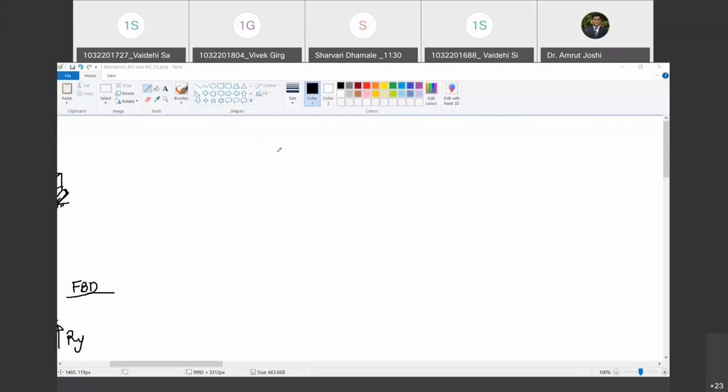In the first part, we have a beam of 1 meter length. So how much is this length? 1 meter. Are you with me? Yes, sir. And this beam is of rectangular cross section. So it looks something like this. Are you able to imagine this?